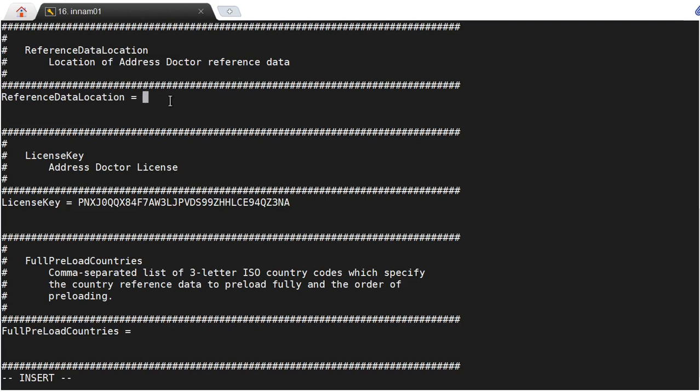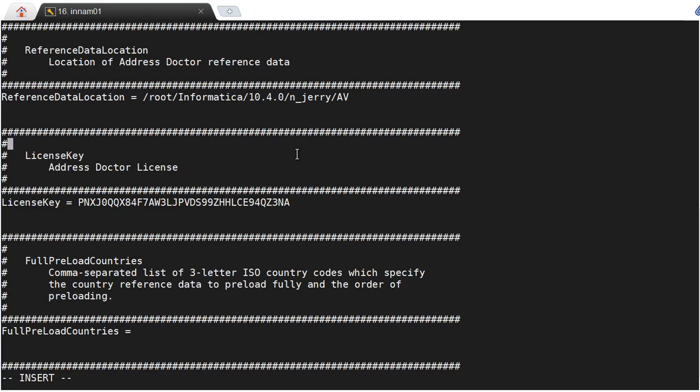We can mention any location on the Informatica server machine where we have placed the reference data files. For example, we can mention the absolute path of InfaHome AV. We have to ensure that all the reference database files are located in this location.